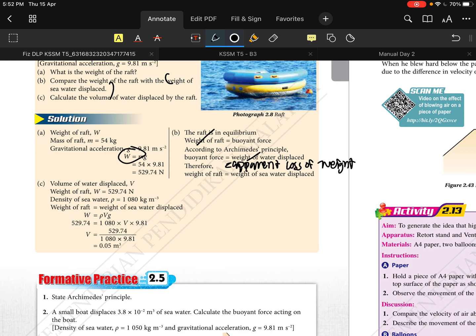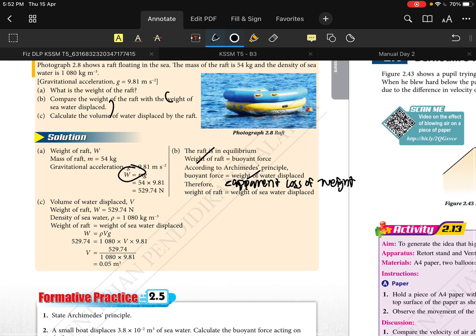Okay, I'll just mention this last part. Calculate the volume of water displaced by the raft. Did I mention this? I don't think I did. So W is the width of the raft. Rho is the density of the water. They will give it in the exam. And then you want to find the volume. And you know that gravitational acceleration is always 9.81. Then you find V of